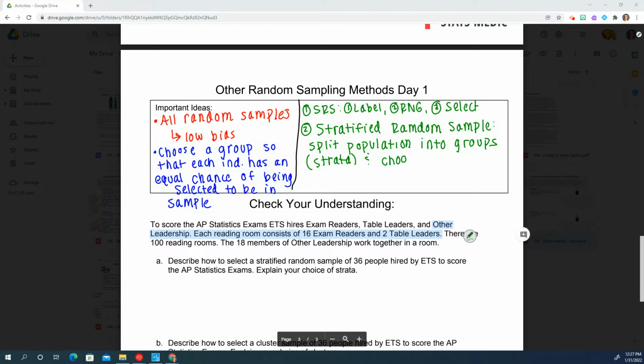And choose a simple random sample from each strata. Okay, that's what a strata is. So, in this activity we did